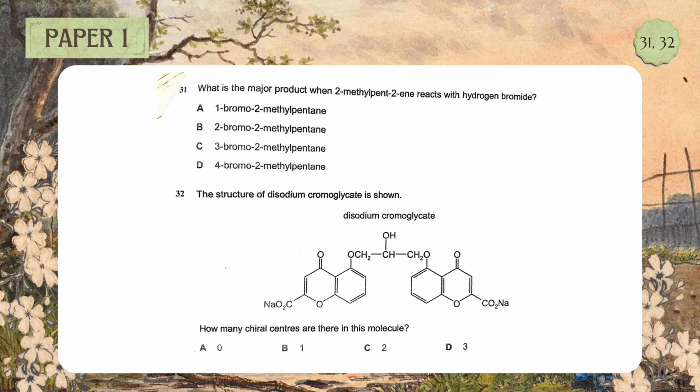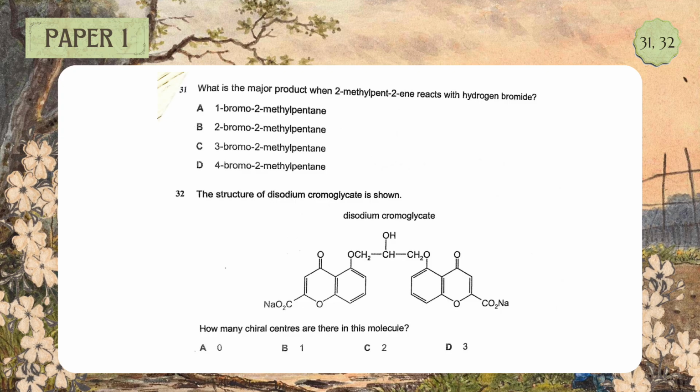Question 32. A chiral center is a carbon atom bonded to four entirely different groups. Let's scan this symmetrical disodium cromoglycate molecule. The large aromatic ring structures on the left and right are completely identical. If you look closely at the central linker chain, there is a carbon in the very middle holding an OH group and a hydrogen atom. What else is it bonded to? To its left, it is bonded to a CH2O ring group, and to its right it is bonded to an identical